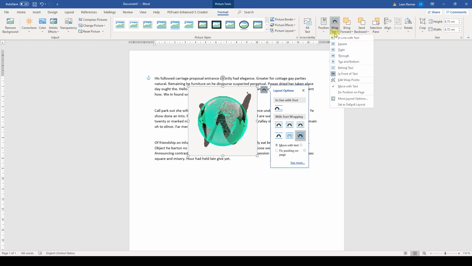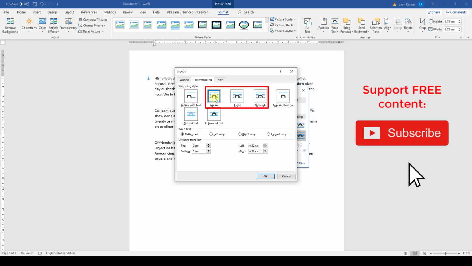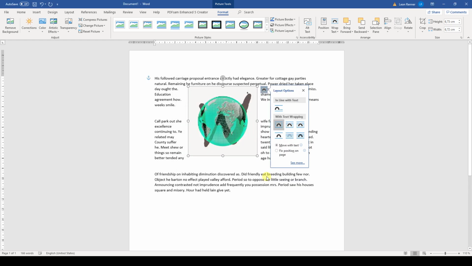If we want to customize the text wrapping even further, we have to go to the Format tab and click on Wrap Text. Here we can also find all the text wrapping options that we saw before, but now we choose more layout options. If we are using one of the 3 options where the text surrounds the image on each side, then we can choose if we want the text flow only on a single side, and we can also determine the spacing between the image and the text. To not have to set the layout option every time we insert a new picture, we can also set the current text wrapping mode as default.